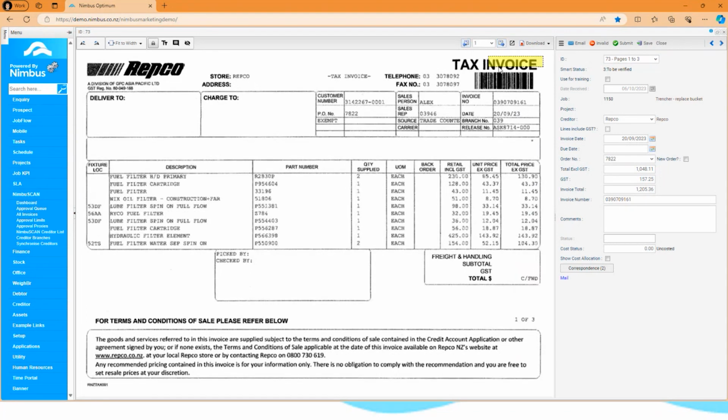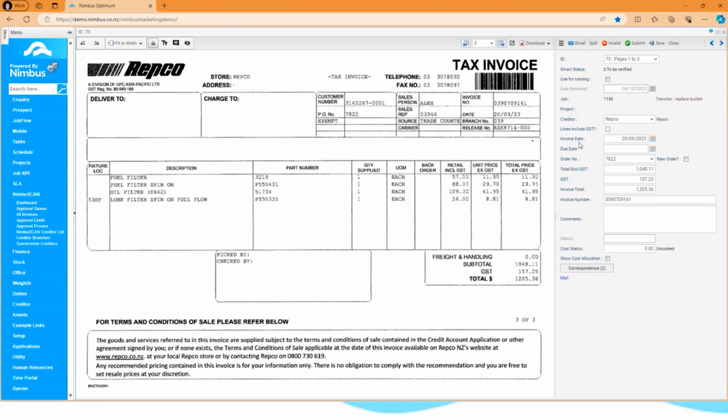and we can scroll through each page backwards and forwards to see this in the system. So if I just go to the last page, we see here now that we've got an invoice total, and if I click on that invoice total 1205.36, you can see where it's actually getting it from, where it's read it from on the creditor invoice as well, where some of those details are coming from. So that's great. So the overall value is $1,205.36